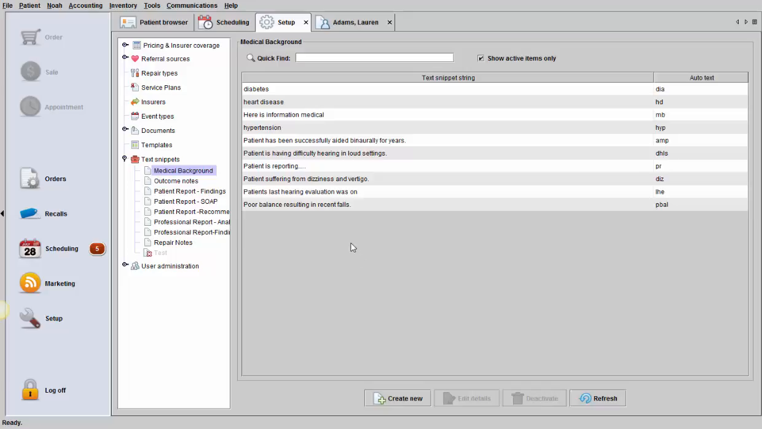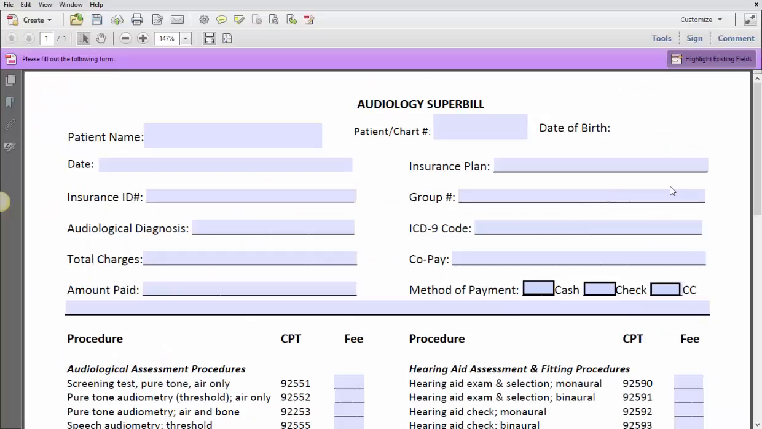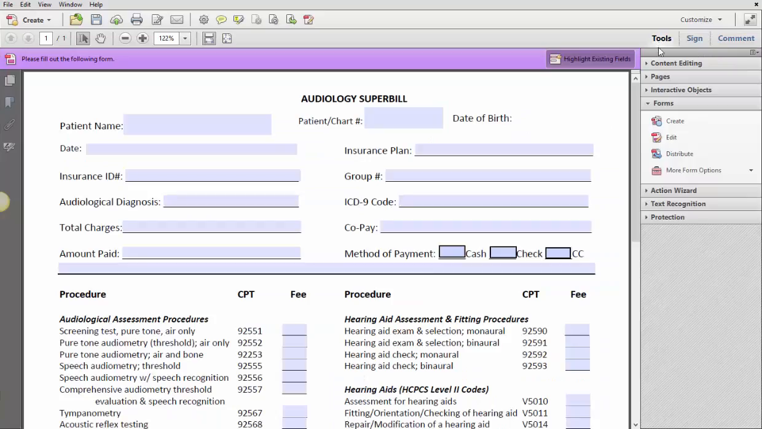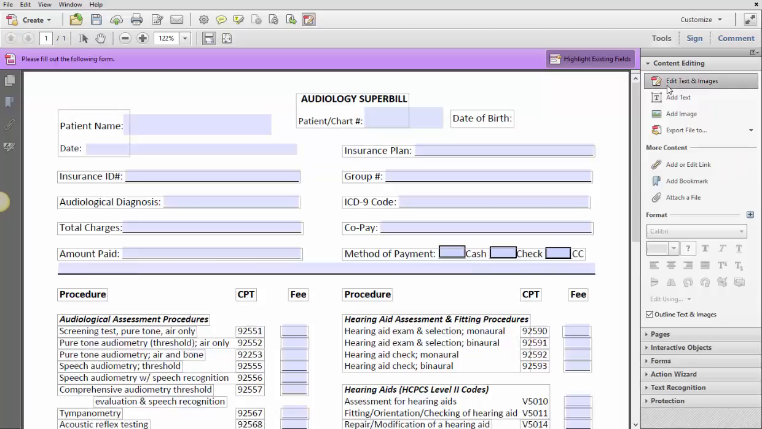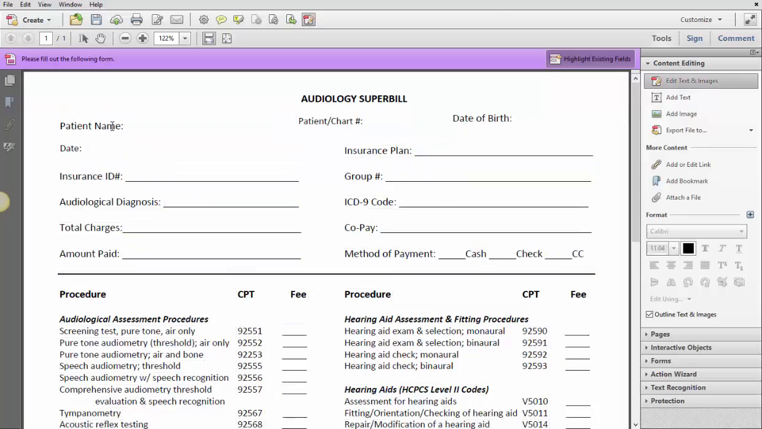Another new feature within our setup menu is the ability to add PDF templates. I'm going to quickly pull up a template I've already created in Adobe. So now that we're in Adobe, we'll go ahead and edit our form. We'll go to Tools, and then Content Editing. Clicking Edit Text and Images will allow us to adjust any of our fields,